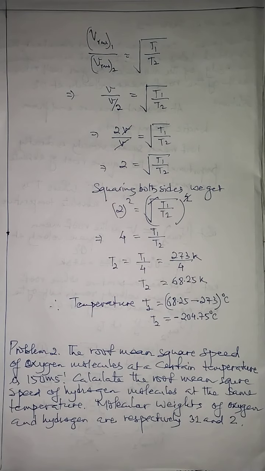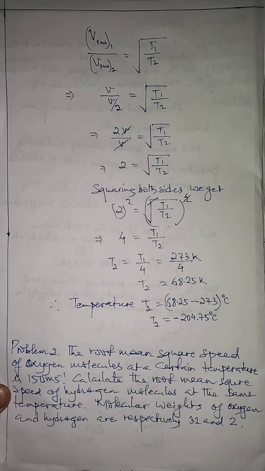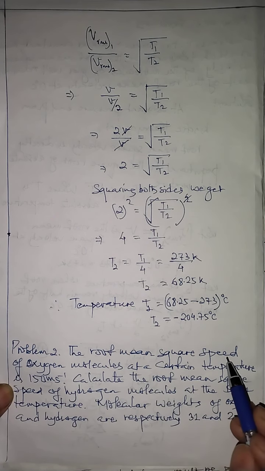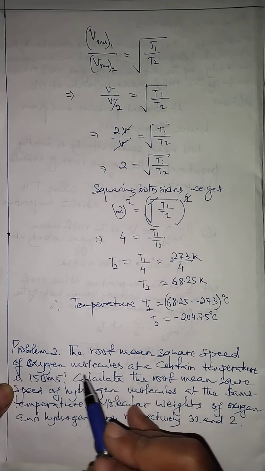All right, my dear children, now we will solve the next problem, problem number 2. This problem is also based on the root mean square velocity, or speed, of the molecules of a gas, but in terms of molecular weight. The question says that the root mean square speed, or velocity, of oxygen molecules